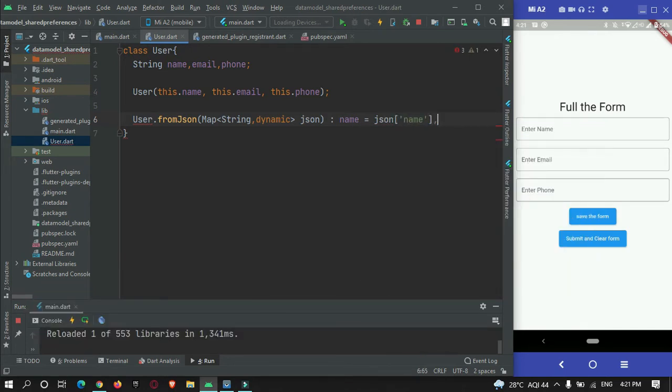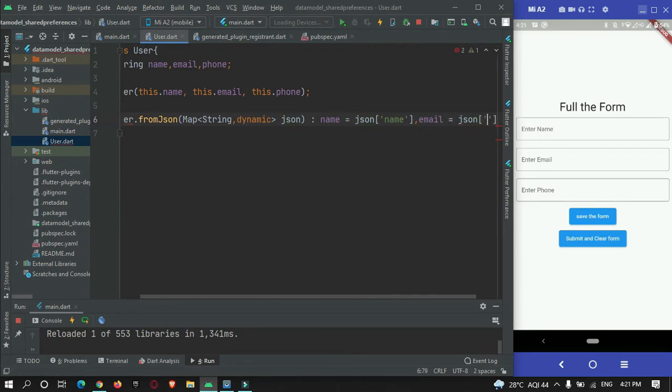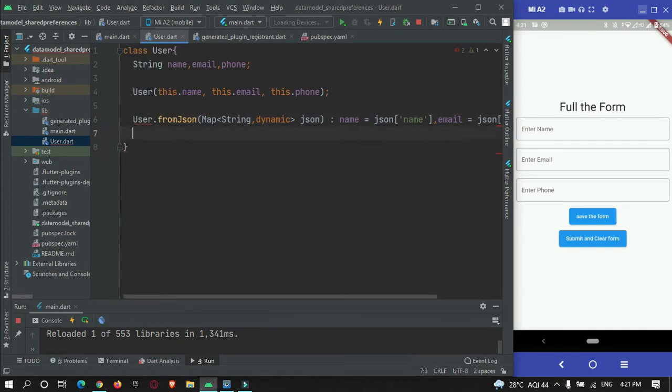Like this we need to do for all, email: json of email. Let me take this to the next line. And the third thing is the phone number. Phone number is equal to json of phone number.